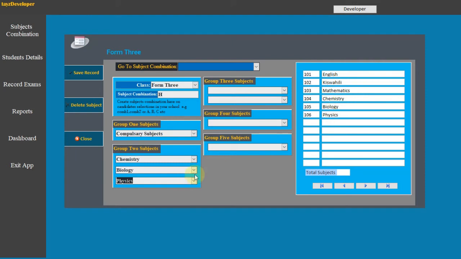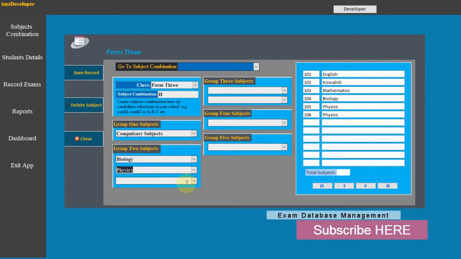But if I select physics here as my first, then physics will not be available on the top side, so I will have biology. Or if my first here is biology and second one is chemistry, then the last one here is physics. Or if the second one is physics, then the last one here is chemistry. But some schools don't do all the subjects. Let's say chemistry and biology, for example. Physics, we can just